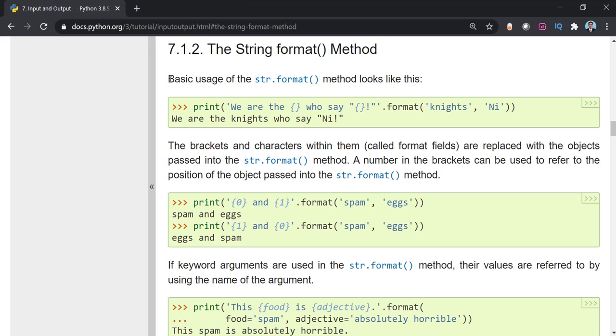Just understand what Python is telling us. As I've told you, you may find the language somewhat difficult, but as we use it in code, you will find it even easier. What Python has to say is that the basic use of the str.format method looks like this.